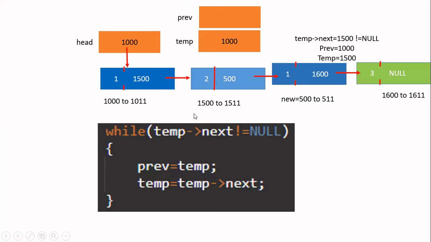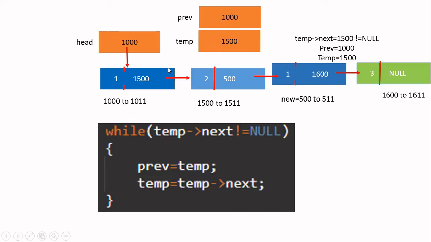Then I will make the next node the current temp. Where is this address available? It is available in the next field of this temp. So I take the next of temp and store it in temp. After this step is over, your diagram will be like this.